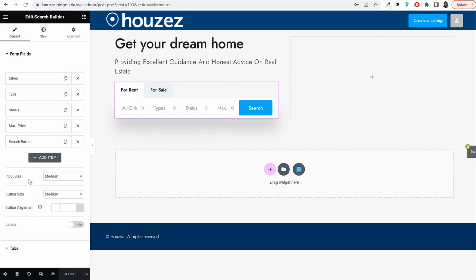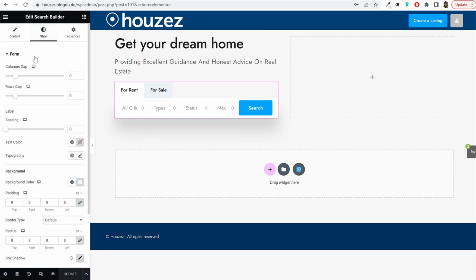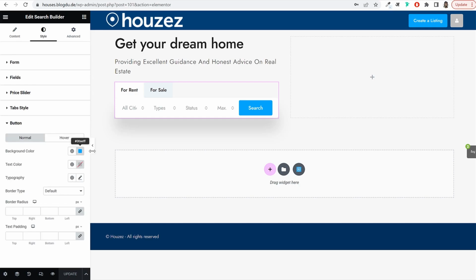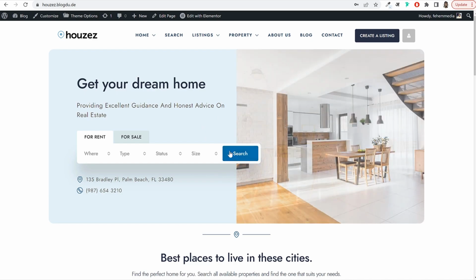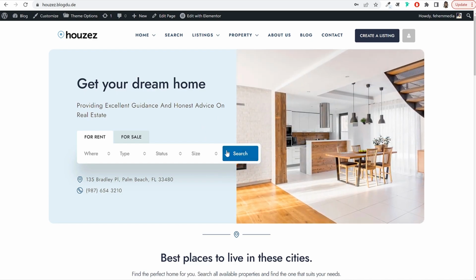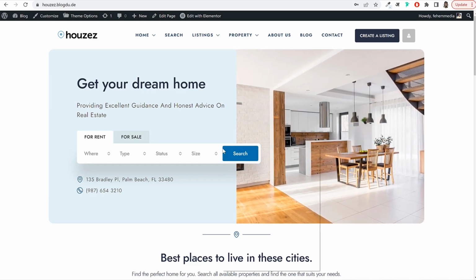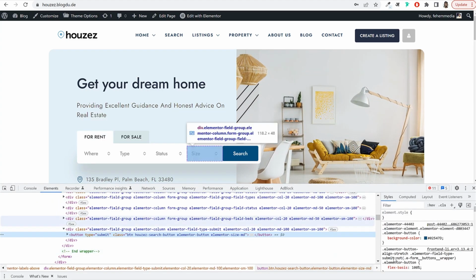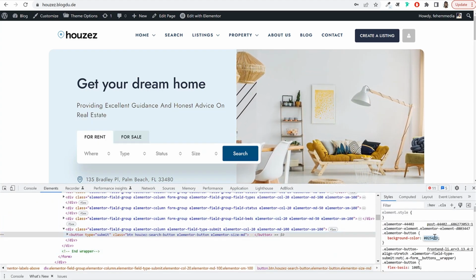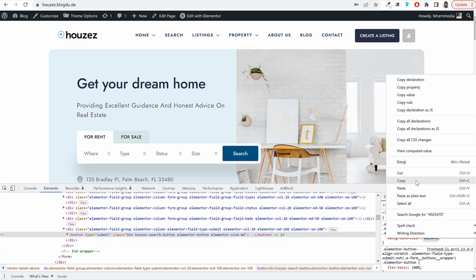Finally, we have button. So go to style, button styling. So select button. Background color, we want this color. So if you go to any website, if you like any color and you want to get that color code, you can right click on that. For example, if I want this background color for this button, I can right click on this button, click on inspect. Now at the bottom right, you will see this background color, and here as you can see the color code. Okay, I'll copy this thing,